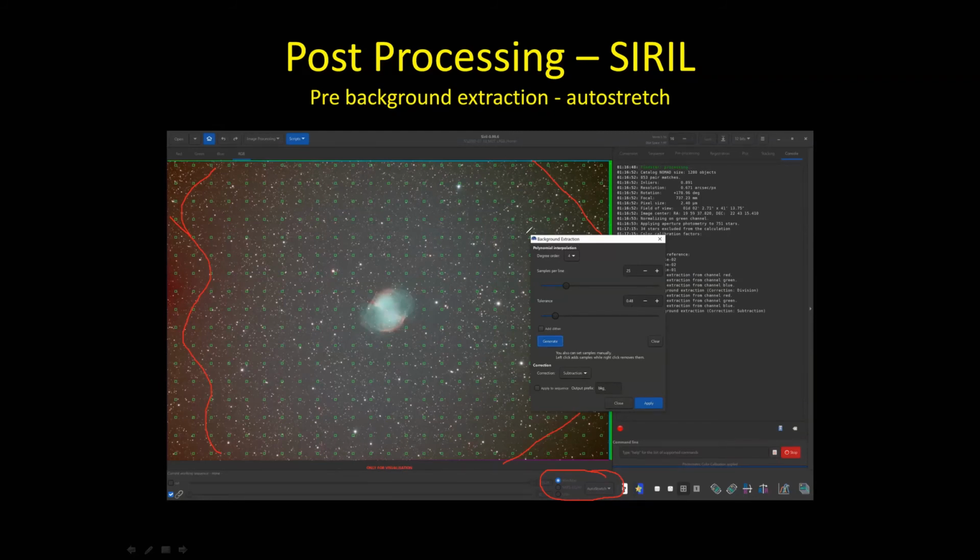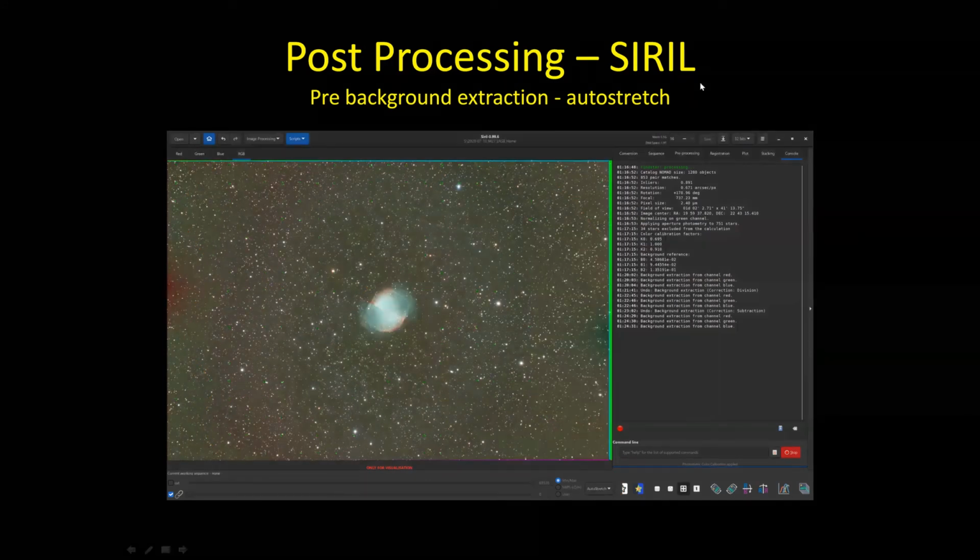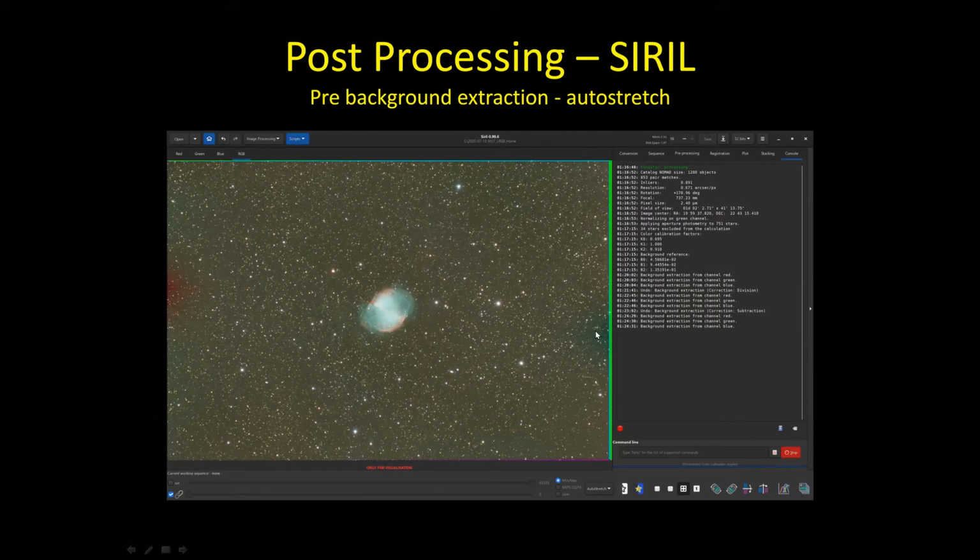So we have something called background extraction, and what it does is it sets up these control points, and you can remove the extra points that you don't want too close to the object, and it's going to use an algorithm to even out and remove that noise. That looks pretty nice. You can see that the unevenness actually went away. We still have some